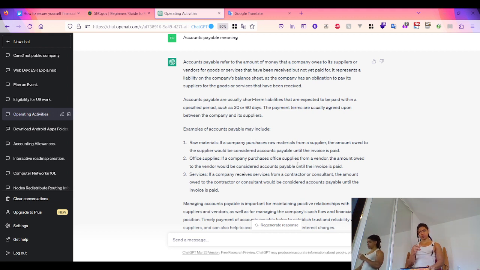Okay, for goods or services that have been received. Usually, these accounts payable are short-term liabilities within 30 to 60 days, per company agreement,